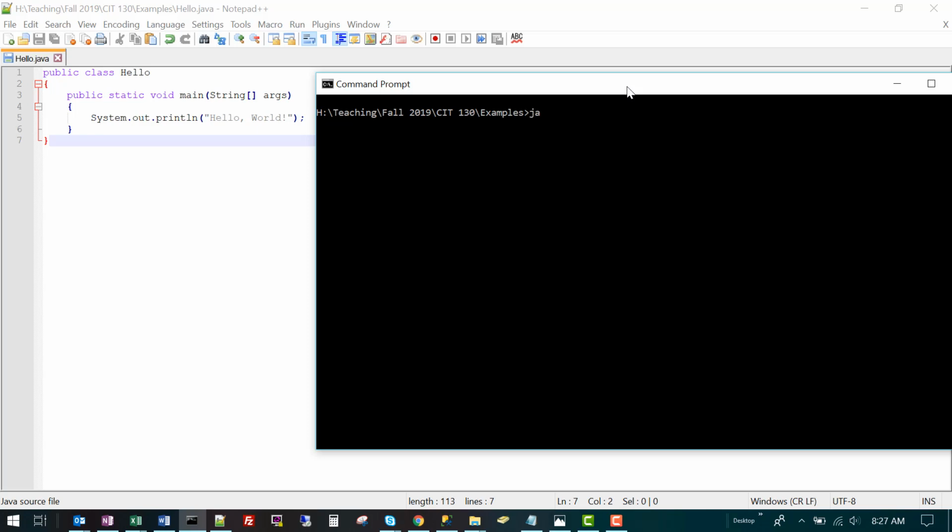In Java, the name of the compiler is javac, which stands for Java Compiler. We pass or feed that compiler the program which we wrote, which is in this case hello.java. So javac invokes the Java compiler. Hello.java is the file, the source code we want to invoke it with.